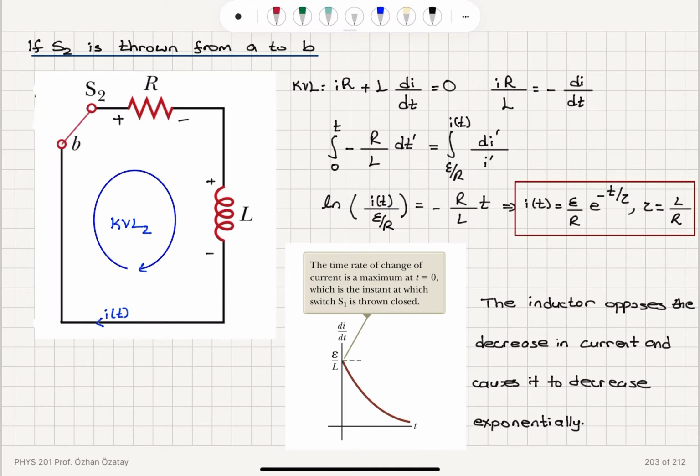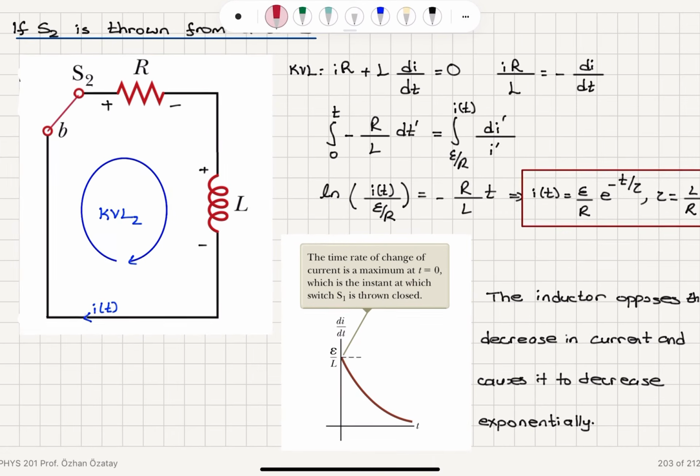If you look at the voltage on the inductor, L dI/dt, you will see that if you take the time derivative of this, so let's do that. What is dI/dt? dI/dt is equal to minus epsilon over R multiplied by tau, multiplied by 1 over tau, which is R over L, e to the minus t over tau. So the R's cancel, so we find that this is minus epsilon over L e to the minus t over tau,